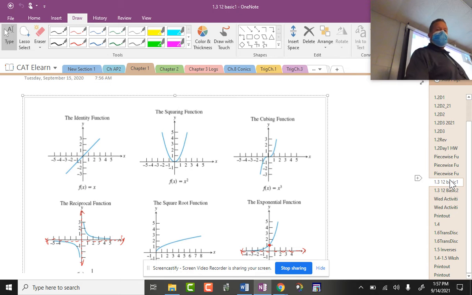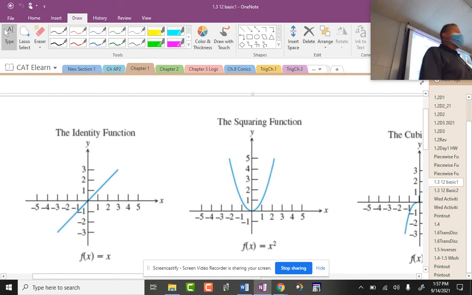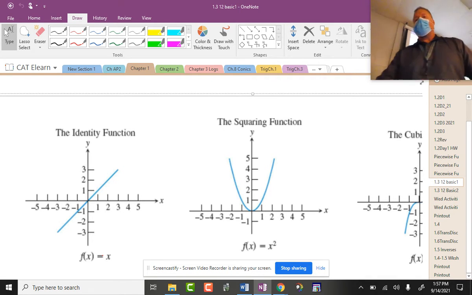But here's what we really need to know, and this is where I'm seeing the deficiencies. There's nothing I can do about it. You've got to do something about it yourself. And it's knowing